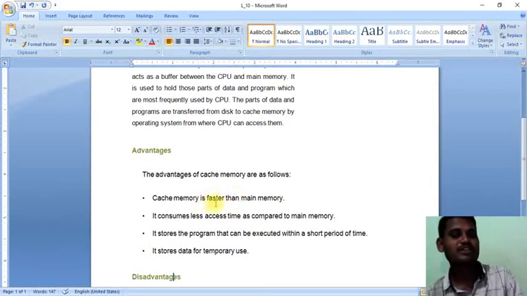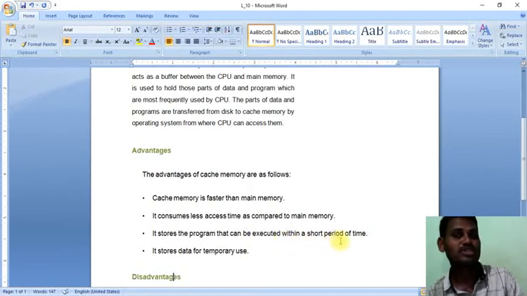Cache memory is very fast and consumes less access time, which means it takes less time compared with main memory to show the files in memory. It also stores programs that can be executed within a short period of time.